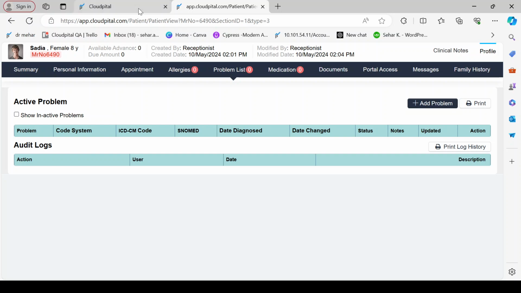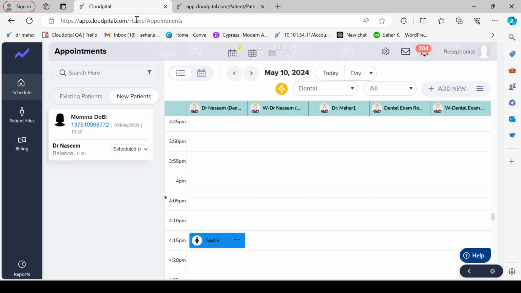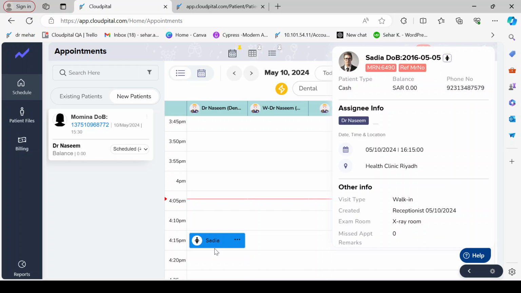Now I'm going back to the schedule screen to see how the system works and what the next process is. Currently I'm showing you the receptionist role, and how a first-time patient comes into our system. The receptionist makes the appointment and records the patient file in the patient file screen.